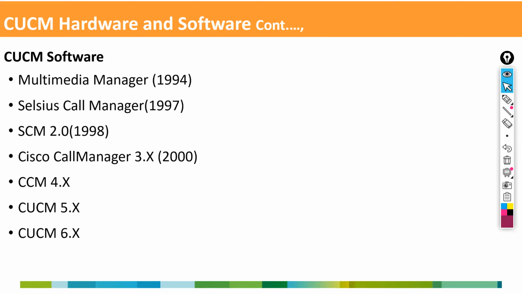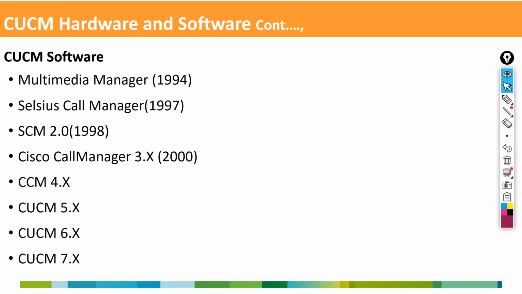I think till 4.x, it's an application. From 5.x, it became an appliance. Then from 7.x, it became virtual. It became now whatever the CUCM we have, right? It's a VOS operating system, VOS,